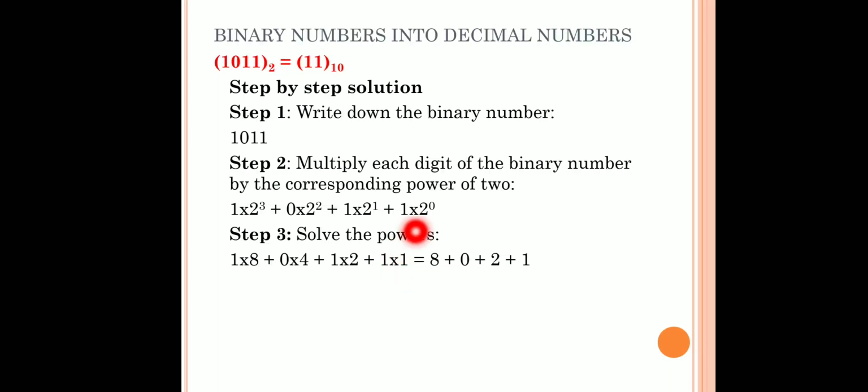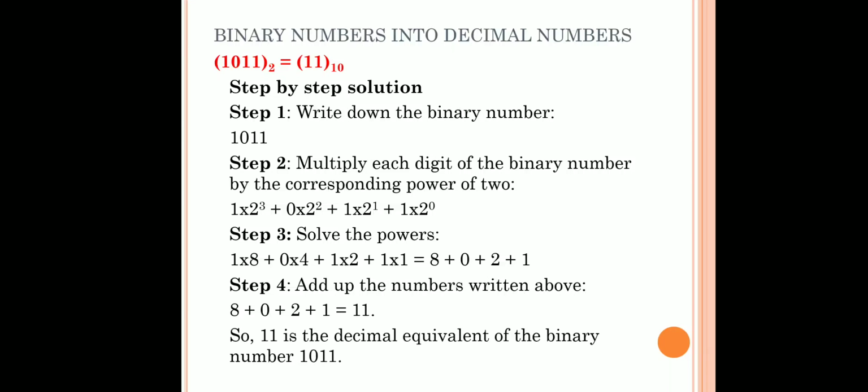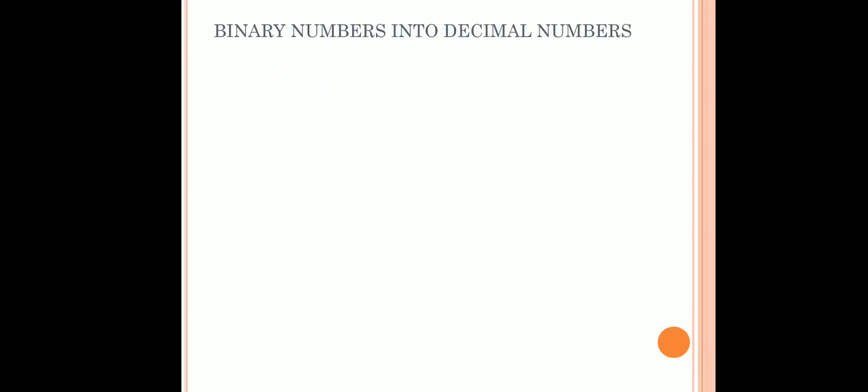1 into 2 to the power 0, 2 to the power 0 will be 1. So 1 into 1, then 1 into 2, and then this is 4, and then this is 8. Evaluate it and then add it, and finally you will get 11. This is the answer of this question. Next question